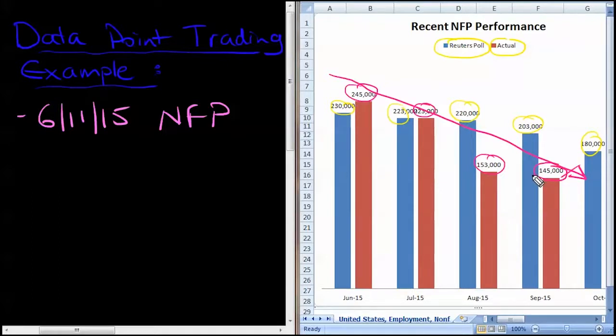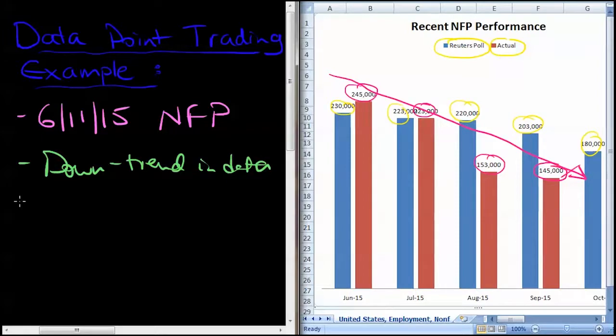This builds a very interesting scenario for us because obviously we have the Fed in the background looking to potentially hike rates, and they want to see figures above 200k. And since we have this downtrend in the data, if we do see a data point that breaks or buckles this trend, and we see a higher than expected number, a much higher than expected number, well then we could see some very aggressive positioning in the markets. So that's one aspect that we're looking at. As we said, we've got a downtrend in data,